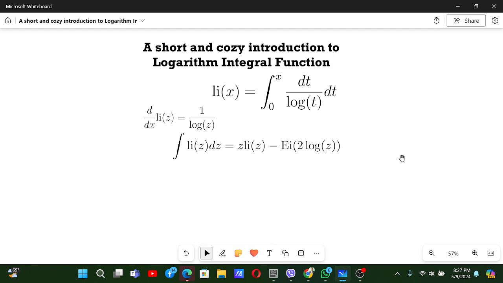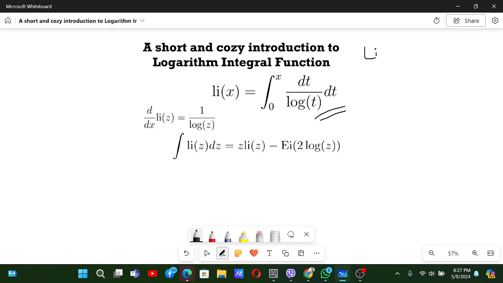A short and cozy introduction to the logarithmic integral function. So we have Li of x as the integral from 0 to x of dt by log t. This is just basically the definition of the logarithmic integral function, and please don't confuse Li of x with the